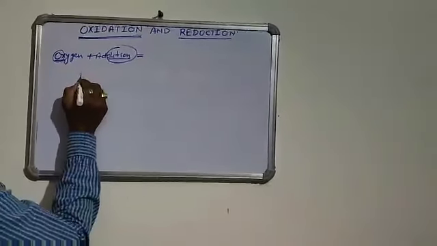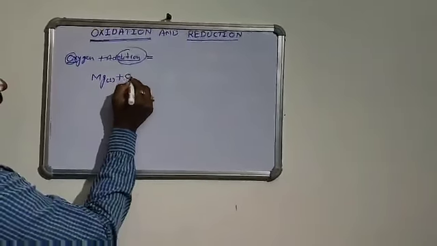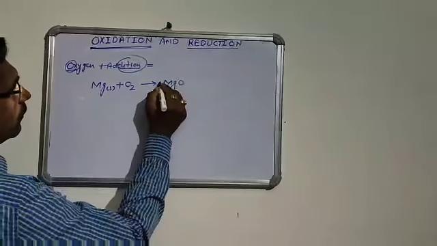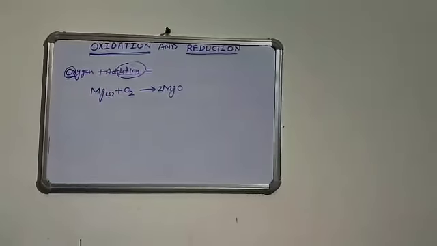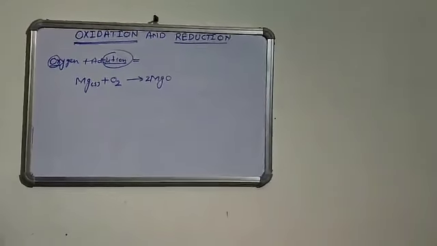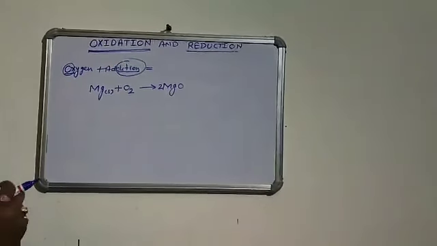For example, Mg, magnesium solid, reacts with oxygen, it gives MgO. This is called oxidation. Or in another way we can say removal of hydrogen is also known as oxidation. For example,